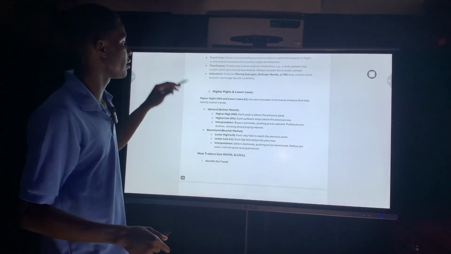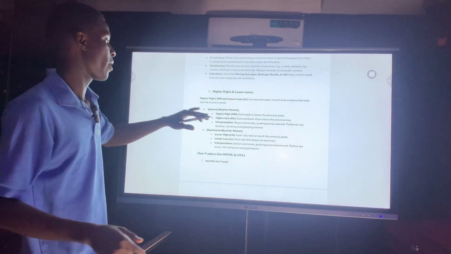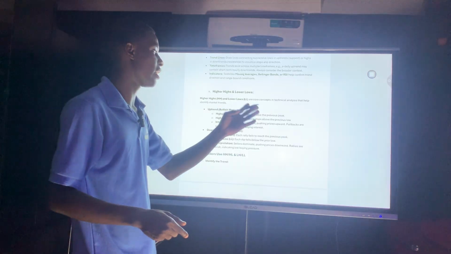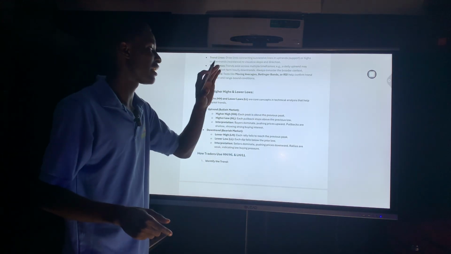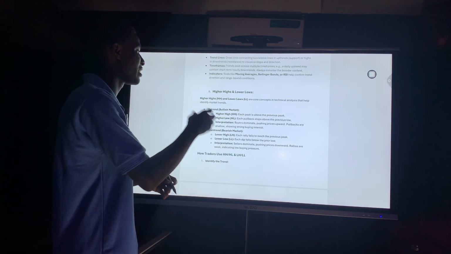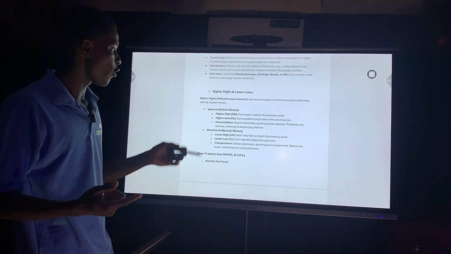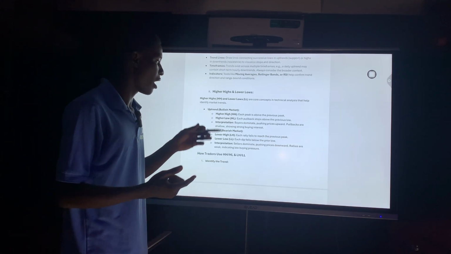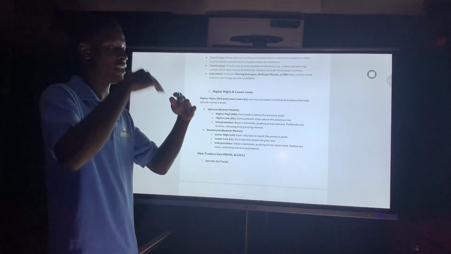So we are looking at higher highs and lower lows. Higher highs (HH) and lower lows (LL) are core concepts in technical analysis that help identify market trends. So for an uptrend, which is the bullish market, higher highs (HH), this is a high and this is another high,